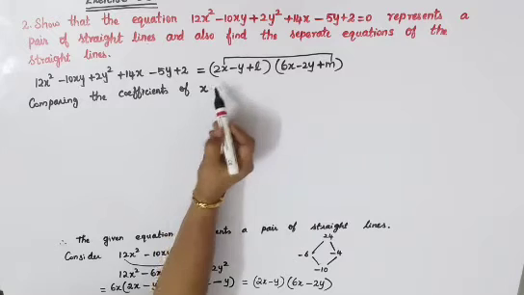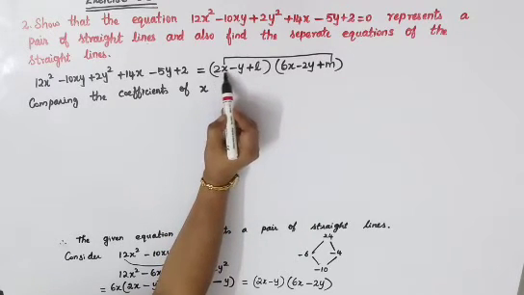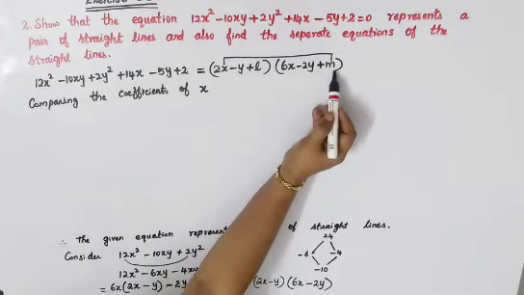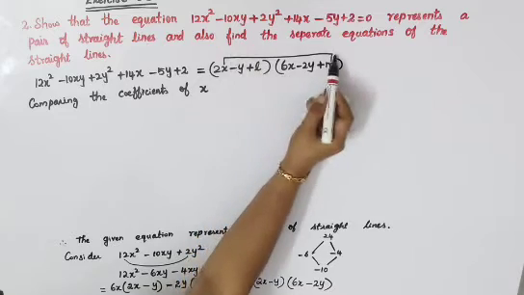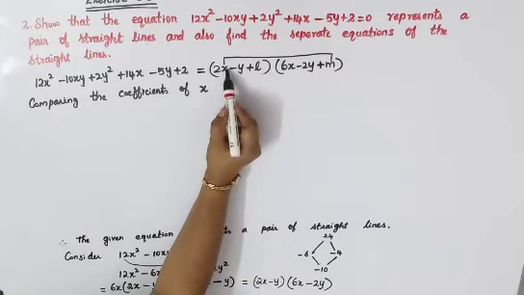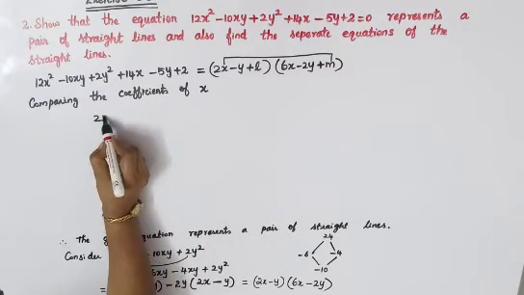Coefficient of x means in your first term, this is your first term. Okay, so in that see your x part and here the constant. So here your x part is 2, 2x, and here the constant is m. So now leave the x part, you will have 2m. So I'll just write 2m.